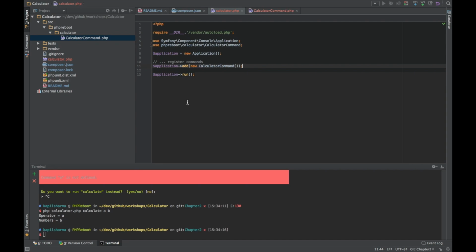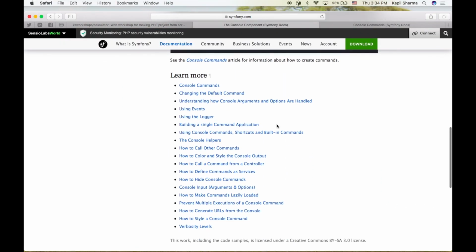But this is not enough. It is going to be a single command application. We might not want to have multiple commands. Symfony Console component also gives the facility to make a single command application. So building a single command application. If I go there,